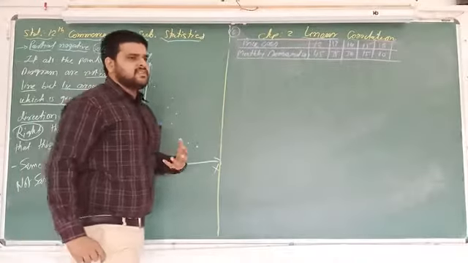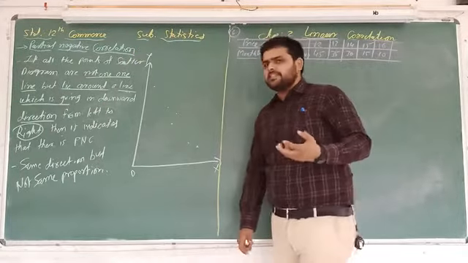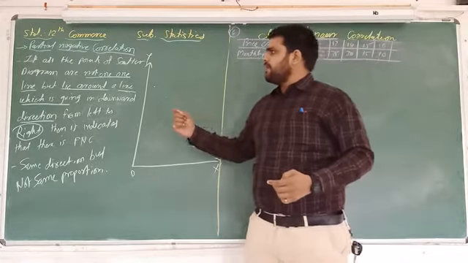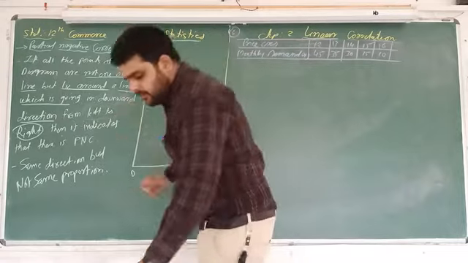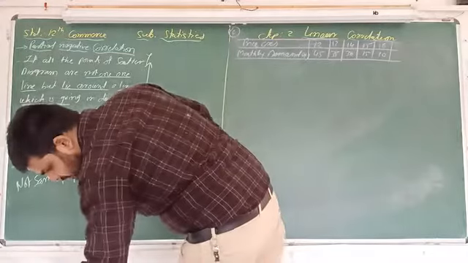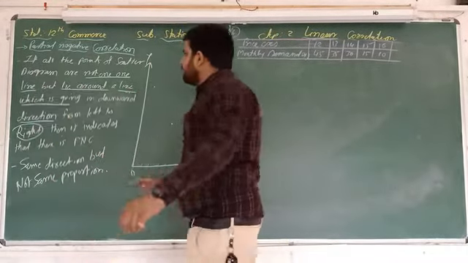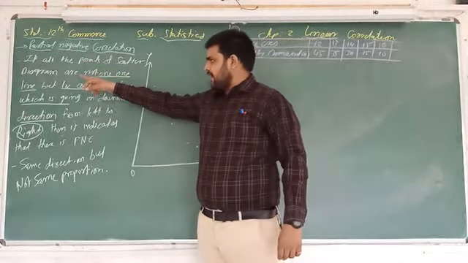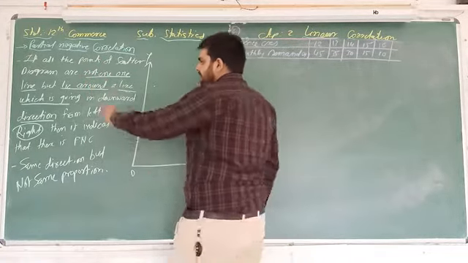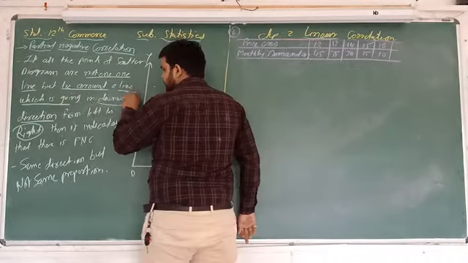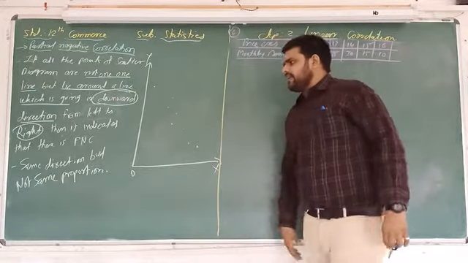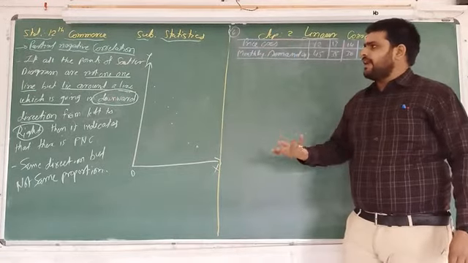So after the completion of the third type, that is perfect positive correlation, now we will discuss point number 4, that is partial negative correlation. Now, what do you mean by partial negative correlation? As we know, all the points of the scatter diagram are not on one line, but lie around a line which is in a downward direction from left to right, then it indicates that it's a partial negative correlation.